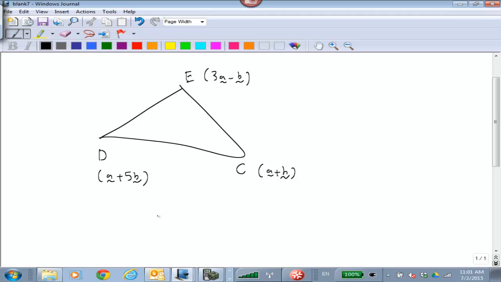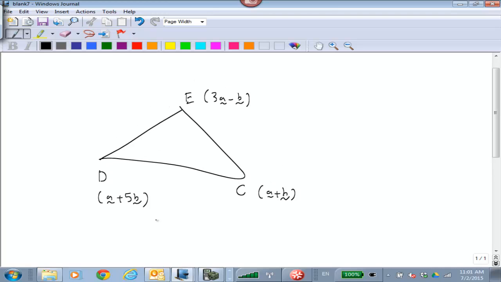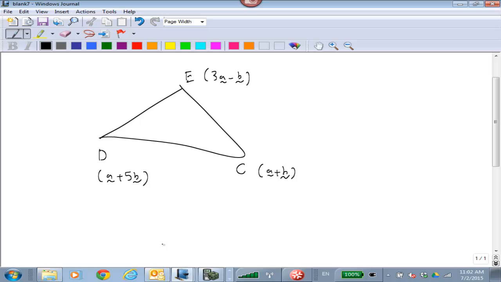Listen up. The vector OC is A plus B. Vector OE is 3A minus B. Vector OD is A plus 5B. My question: I want the area of this triangle. How will you find it? Okay, your strategy. It will be half modulus of CE cross